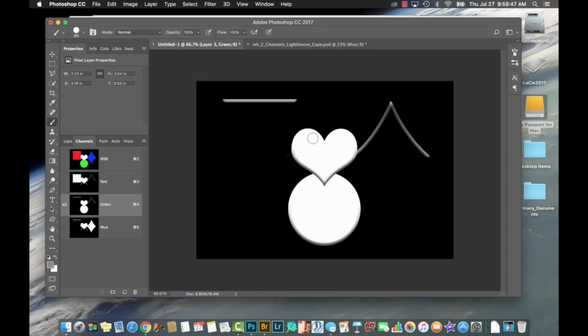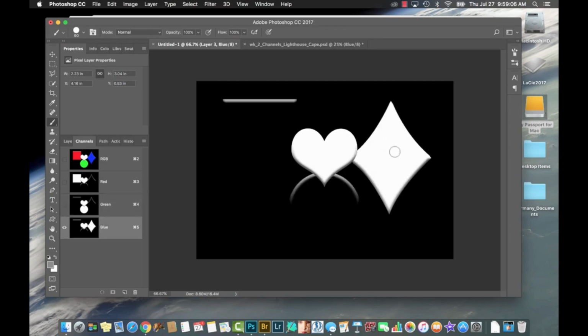In this one, we see where all the green is mapped out. So you've got the highlights of the other two, but the shapes themselves are gone. They've disappeared because there is no green in this blue shape. There is no green in the red shape. There's 100% green here and 100% green here. Okay, and in here we have the blues. All the blues that make up this image, this is where they are on the canvas. So this one's 100% blue within the diamond, and this is 100% blue within the heart. So you add all those 300% together to get white,